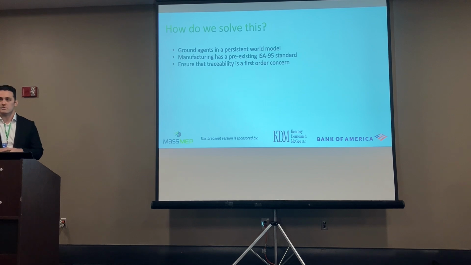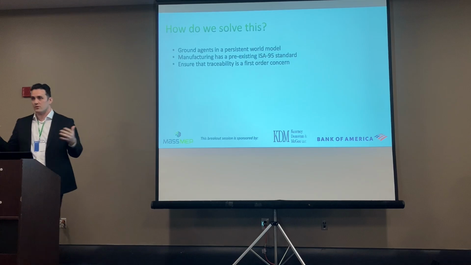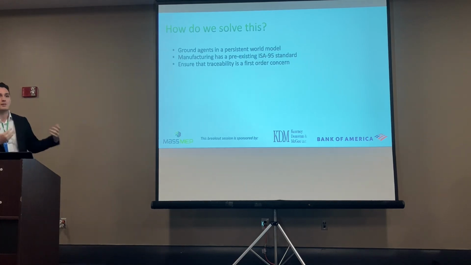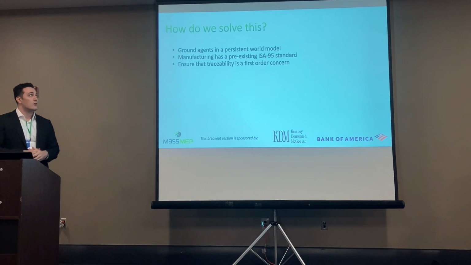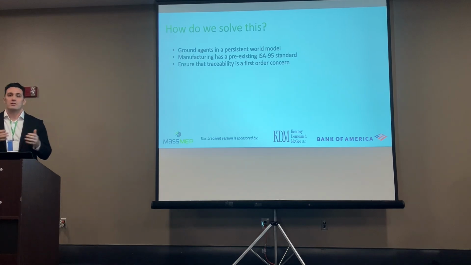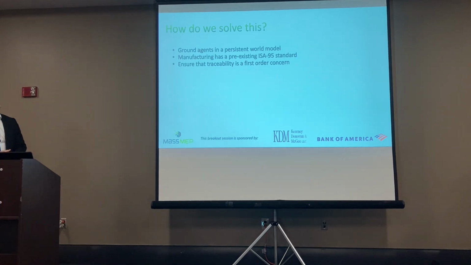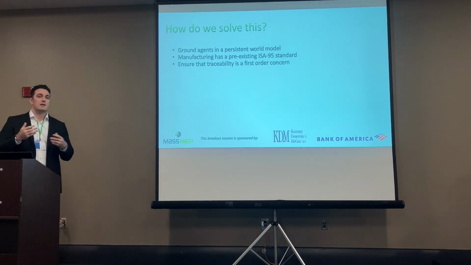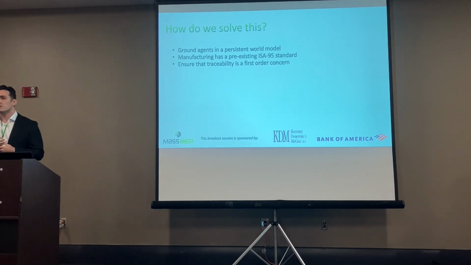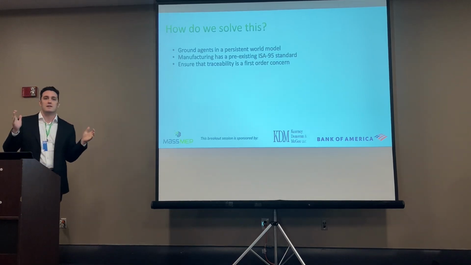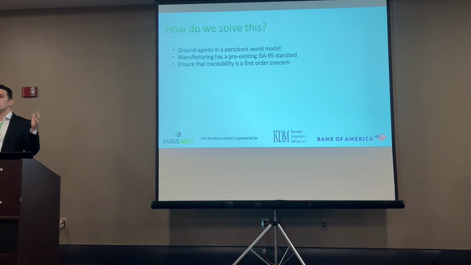I'm sure all of you guys have heard of digital twins, maybe you're using them. Digital twins in the manufacturing world in the quote-unquote traditional sense are kind of digital representations of the physical world, and they help us predict what might happen next and plan what might happen in the future. When we start talking about a world model for an AI model, for an LLM, for an agent, we're more so talking about, again, there's a lot of different terms for this, I'm privy to what we call a context graph. But we start talking about a way to represent the space of knowledge, the space of entities, of organizational entities.